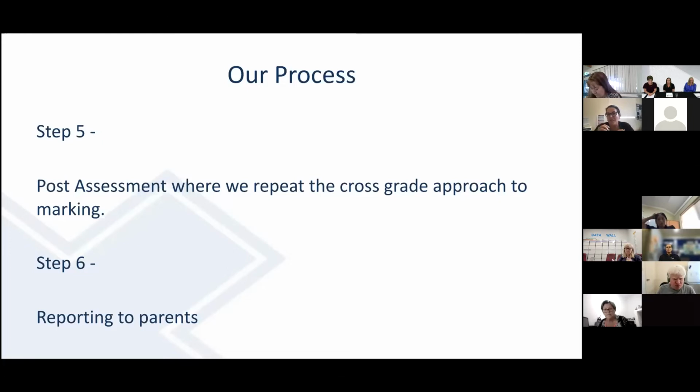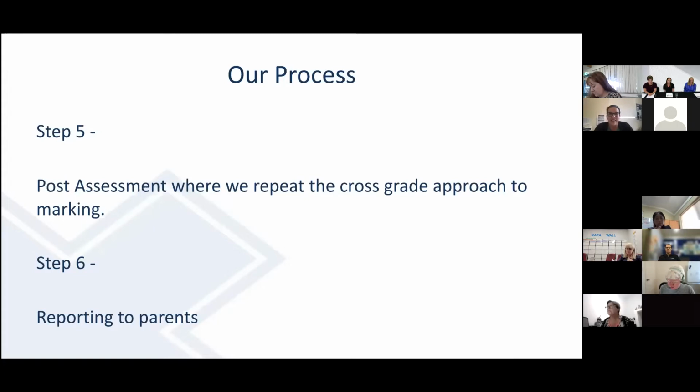But at this point, we do have a marking buddy, because there's always 1 or 2 where you think, I'm just not quite sure whether they're in this range or this box or the next one above, or they've got a little bit of both. And so what we do at that stage is we just get a couple of people to either double mark or